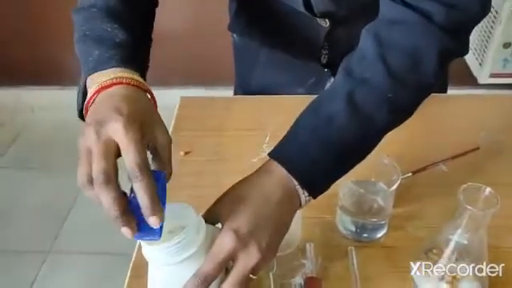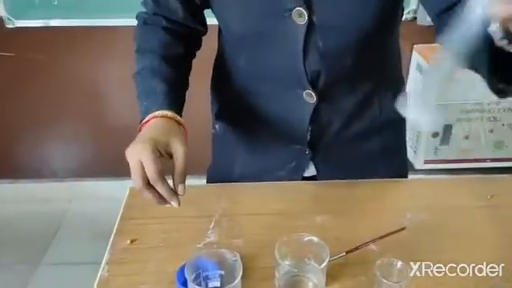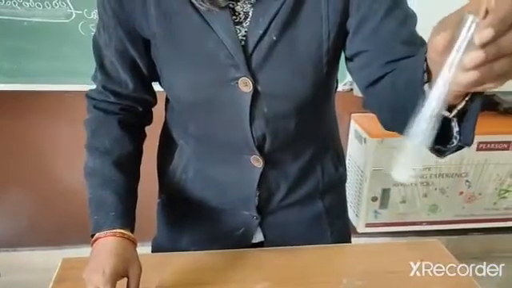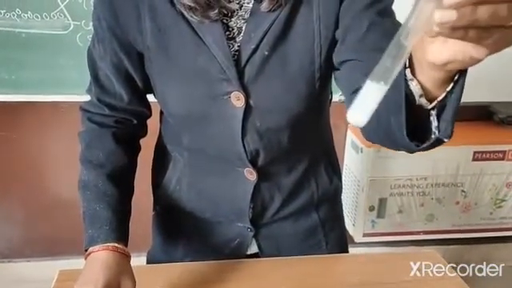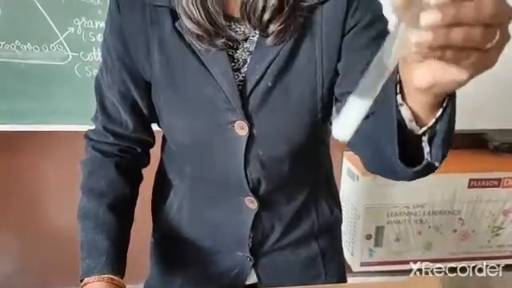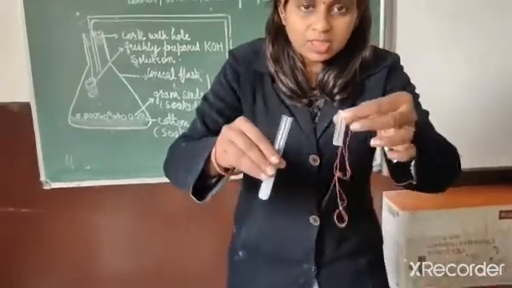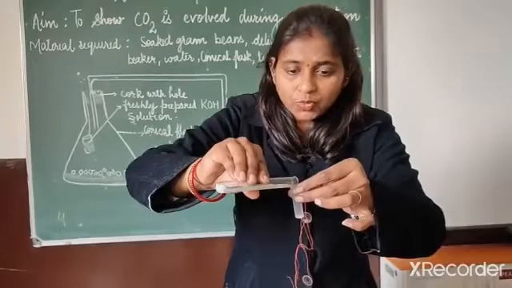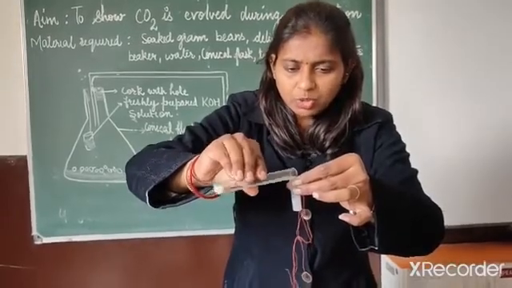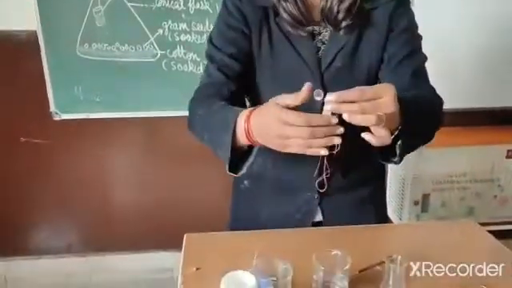For this we need a test tube and water, and then you put some pellets in the water and shake it. Soon you will see this KOH will dissolve in water. Now this is a freshly prepared KOH solution. Now I am taking this KOH solution in this bottle. I will also tell you why we have taken KOH solution, what the purpose of taking it is, and how it works.